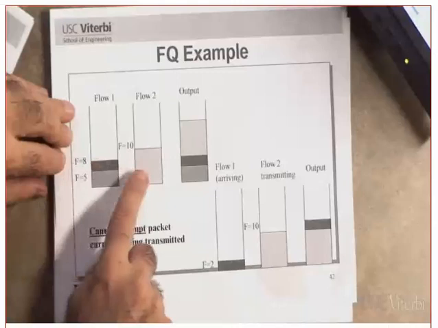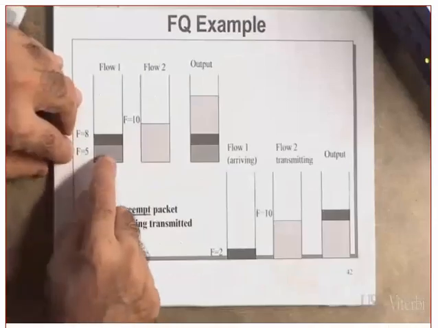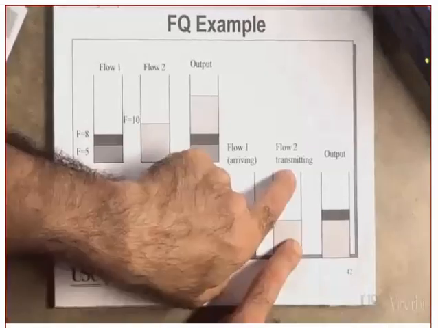Tell me what happens. Which one goes first? This one. Why? Because it has already started transmission. In other words, the scheduler is not going to preempt. Did this one start yet? Not yet. So it is going to serve number 5 first, followed by 10. The scheduler has already started servicing this one, and a packet came in a different flow with a smaller finishing number. Clear?